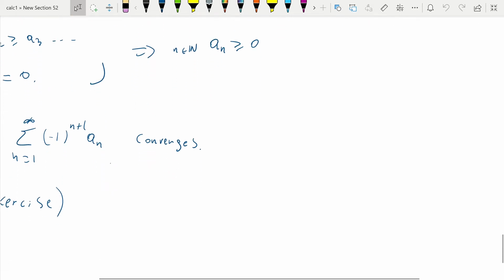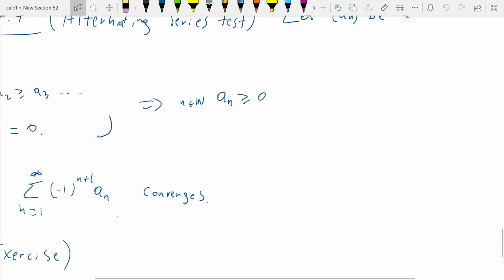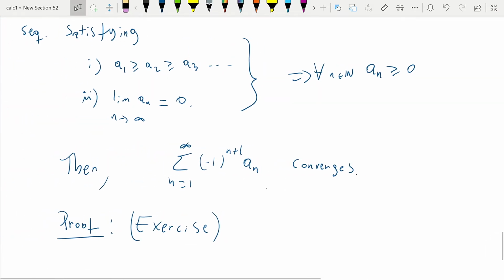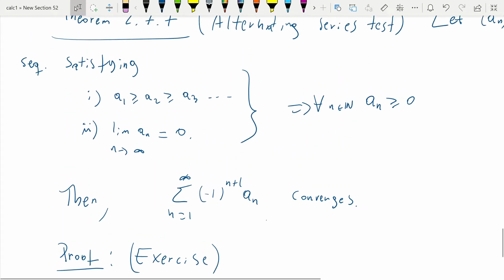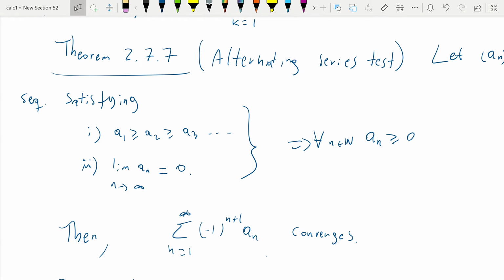In fact, some of them are already exercises in the book. So there's that. So as I said, one of the main reasons why we have to be careful